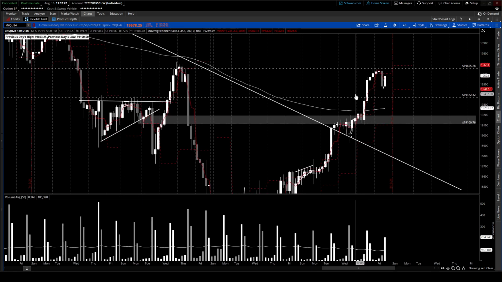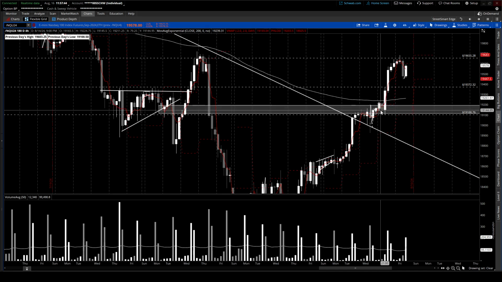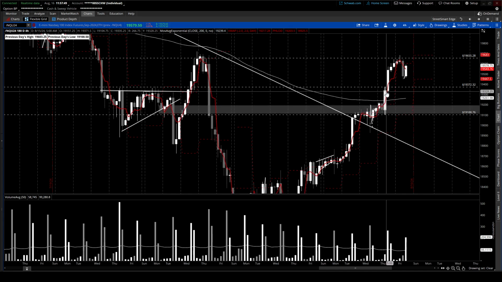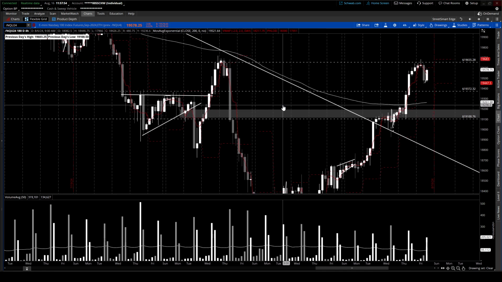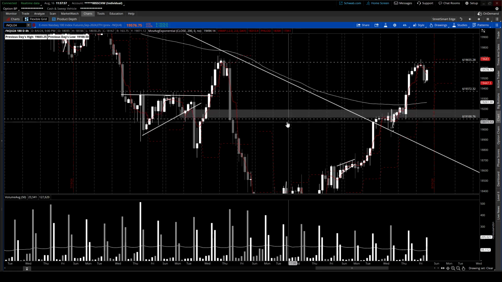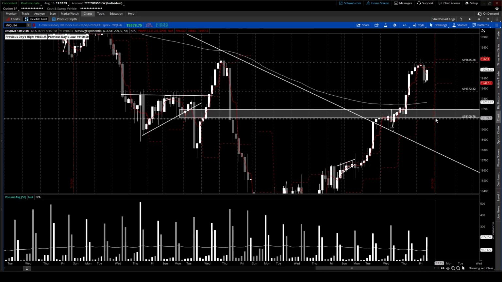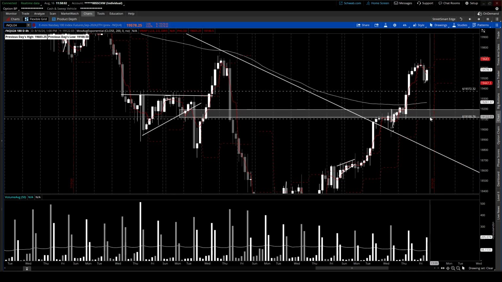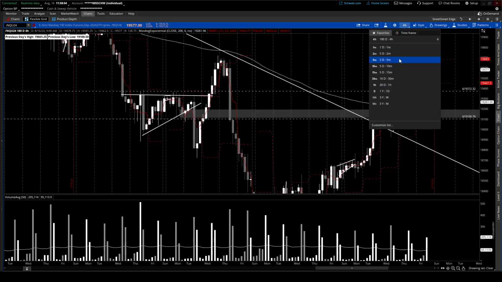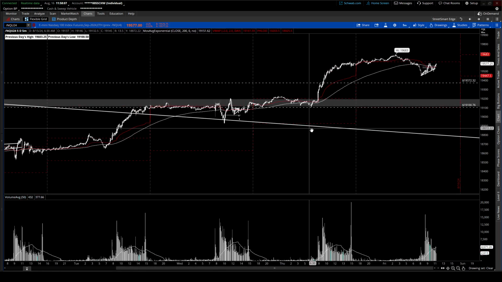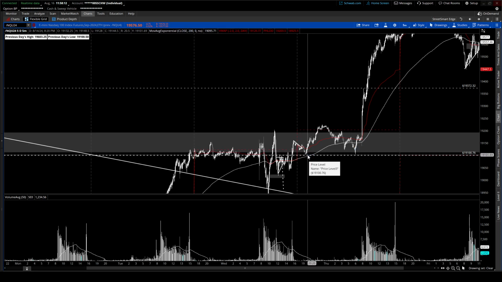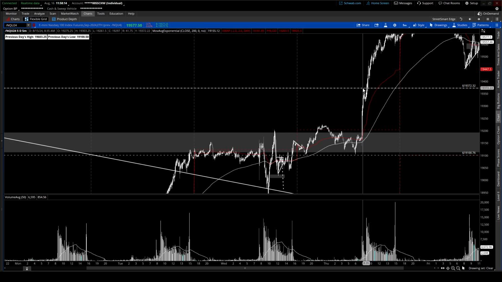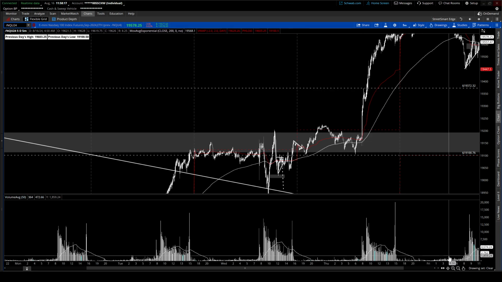And then I believe yesterday we were sitting right about here for the open, roughly about here on Thursday. And one thing that I am noticing here is that we are sitting above this overnight level. This level that I drew out, I drew from the overnight lows to overnight highs on that current day. So the overnight low would be this level right here, and then the overnight high would be all the way up here, because yesterday